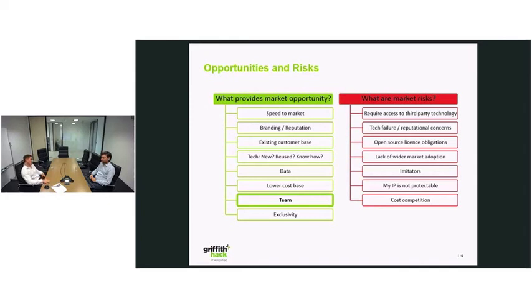So again, if your intellectual property is in your team, and that's giving you the advantage, what are you doing to secure that team? What are you doing to make sure that group of people is going to continue to deliver, is going to continue to operate in the way that's going to keep your product ahead of the market? And what's the contingency if you lose a team member? Do you have that information adequately recorded? Do you have adequate controls in place so that they aren't able to immediately compete with you?